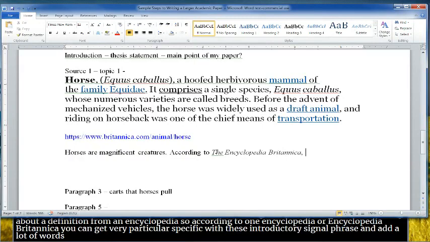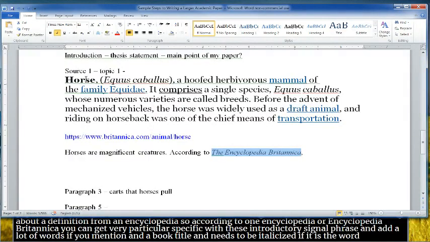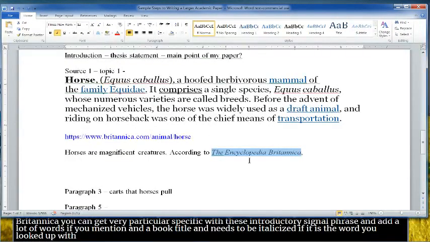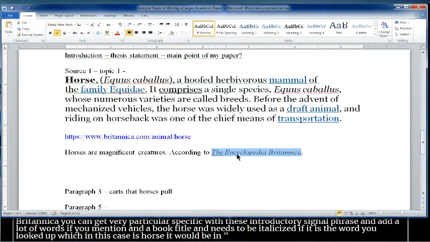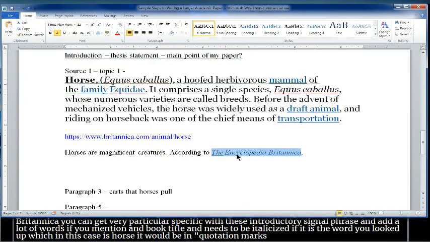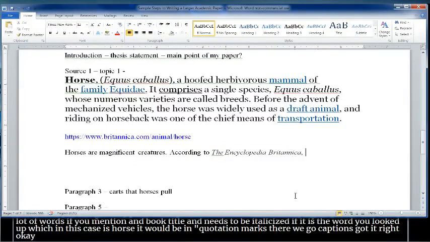If you mention a book title, it needs to be italicized. If it is the word you looked up, which in this case is horse, it wouldn't be in quotation marks. There we go. Captions got it right. Okay. So according to the Encyclopedia Britannica,